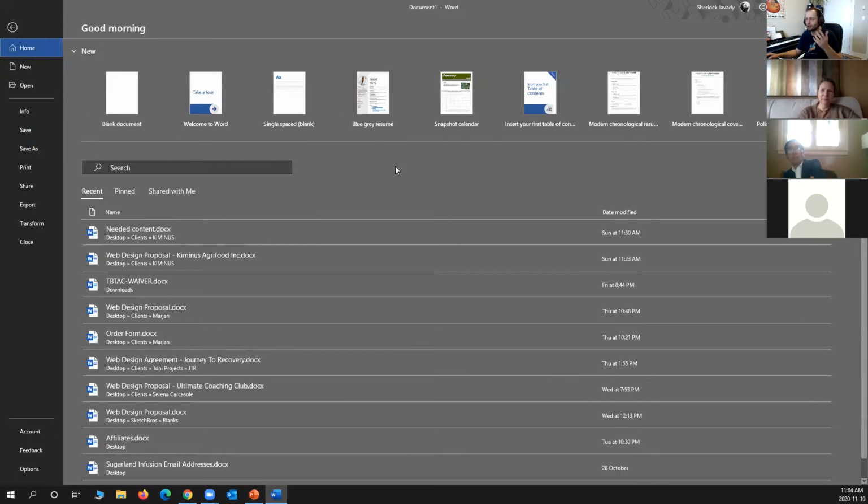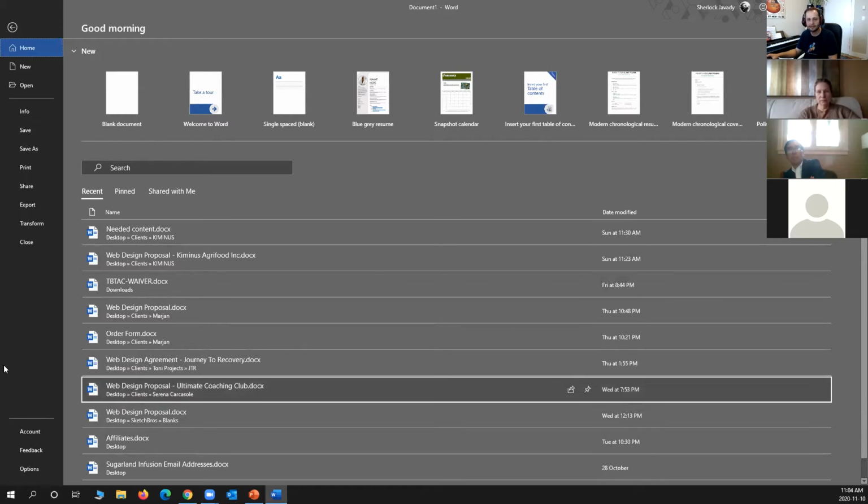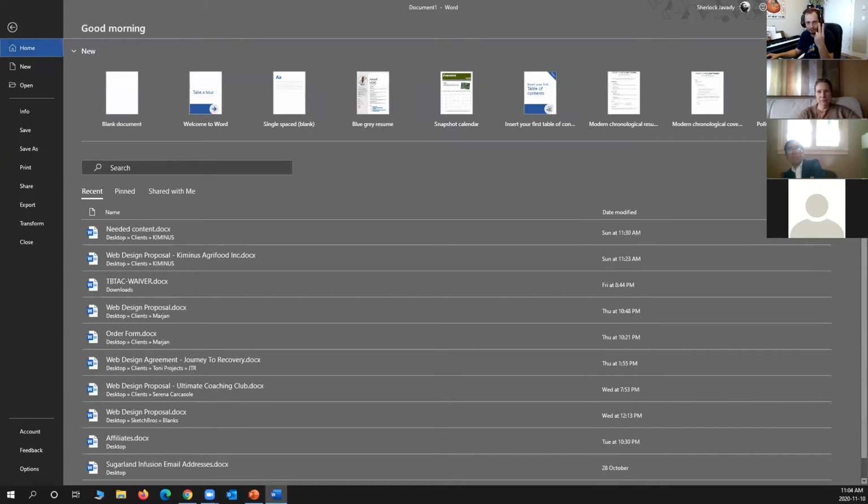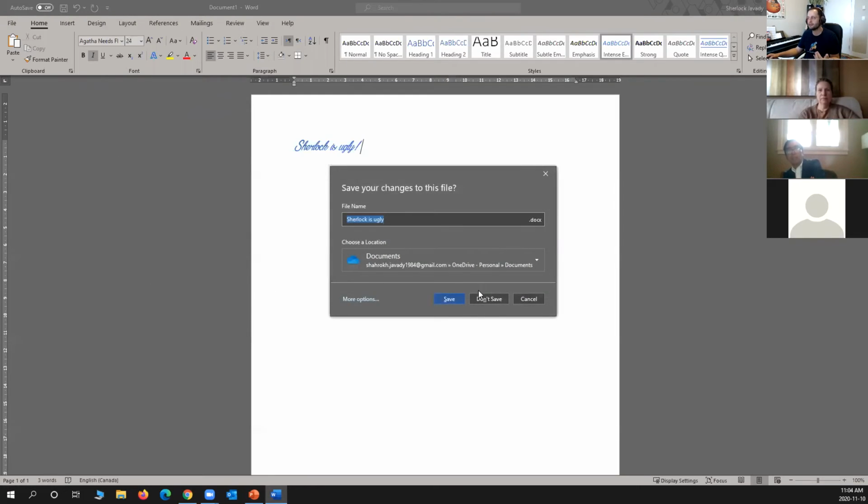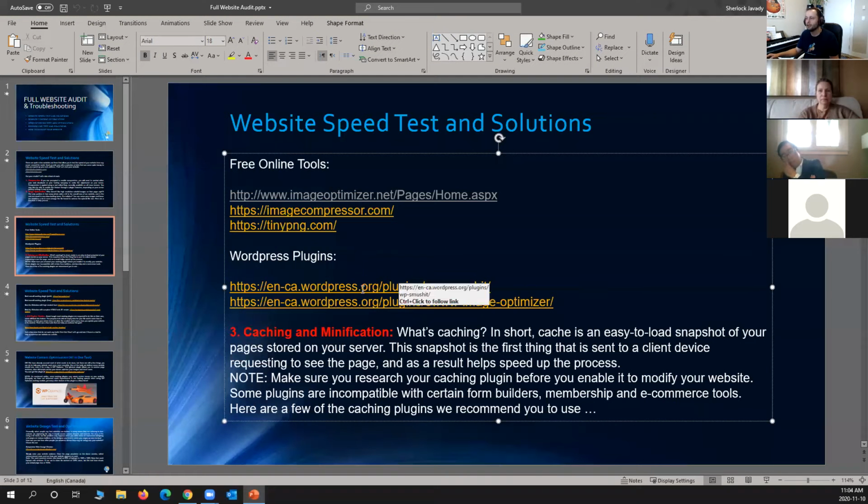We don't have time for that, but this is what I'm saying. If you save this file and look at the file size, it's going to be, let's say, 50 kilobytes. If you write the same sentence in Notepad and save it, it's 2 kilobytes. That gap in size is for styling. Now, the same thing applies to your caching and to your website.